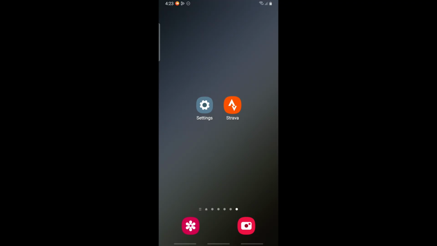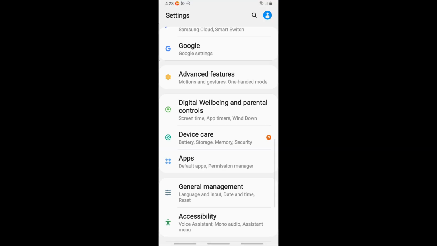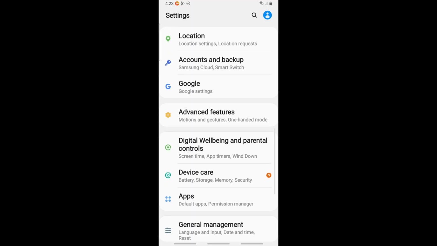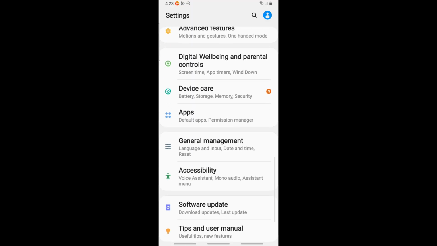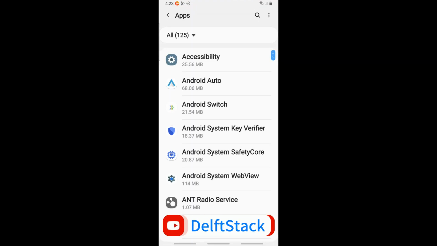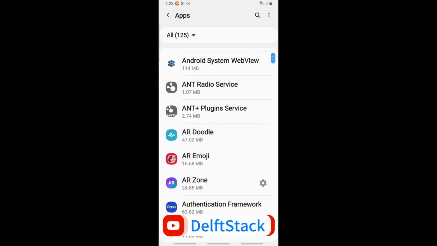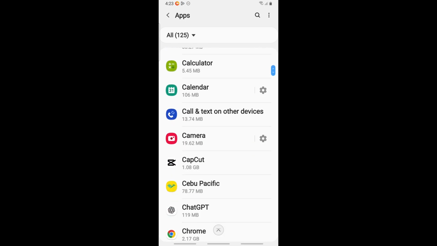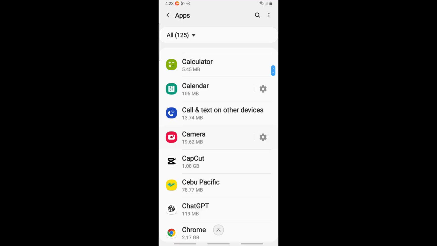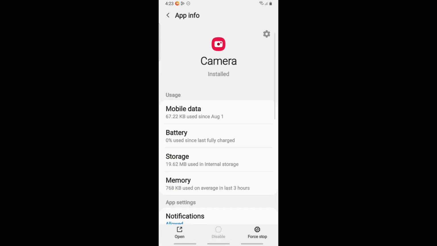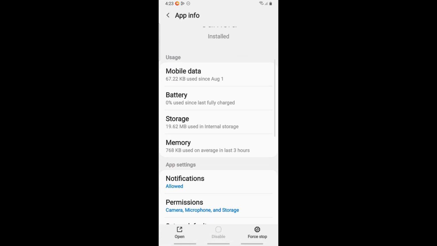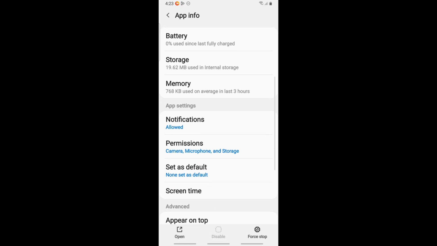Now, here on the settings, just simply go ahead and scroll down and you should be able to see here apps. Now, here on the apps, you could just simply try to find the camera application, as you can see over here. Now, here on the camera, scroll down again a little bit, and you should be able